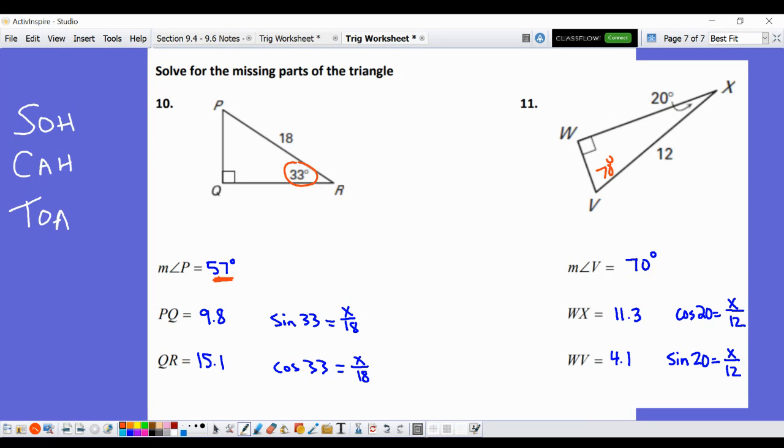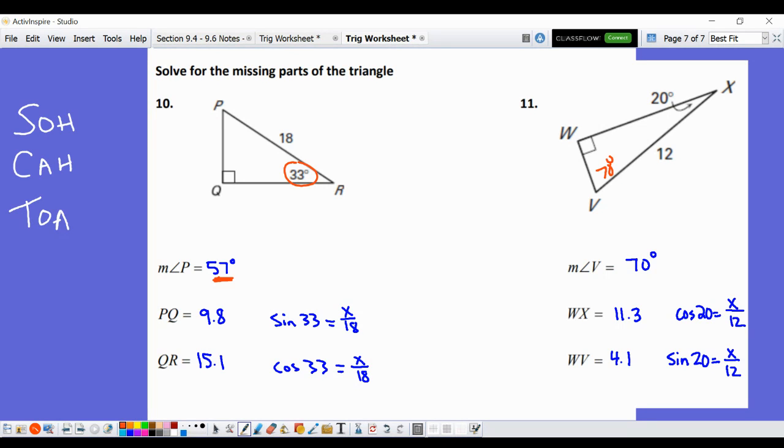So 3 angles in a triangle add up to 180. Let's use that. If I have 2 out of 3 sides in a right triangle, use Pythagorean theorem. Instead of, for instance in number 10, trying to get a missing side length for PQ or QR, then going back and doing inverse trig, it's going to be easiest just to do 180 minus 90 minus 33 to